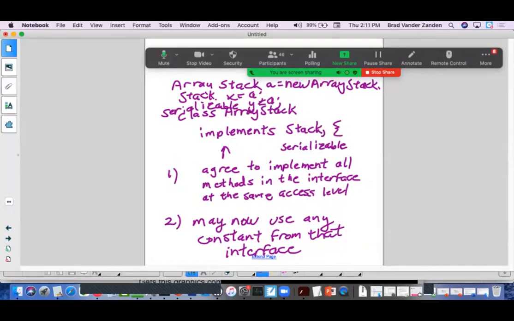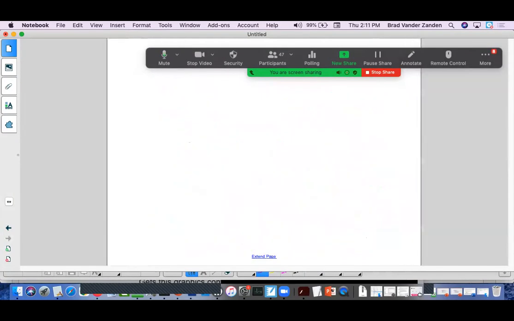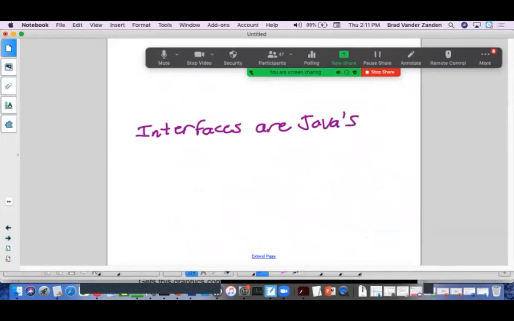So that's the advantage of declaring interfaces: when you have a class implement that interface, you can make it look like that type, but you give it the freedom to also act like another type. Okay, so this is Java's way of implementing multiple inheritance. So interfaces are Java's way of implementing